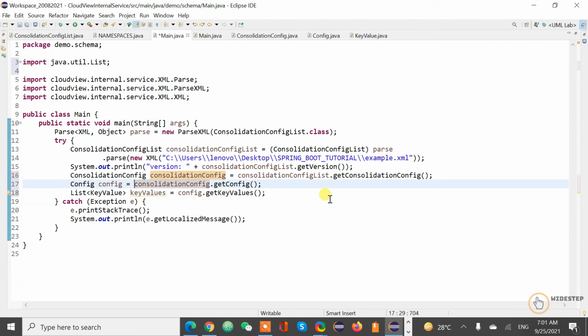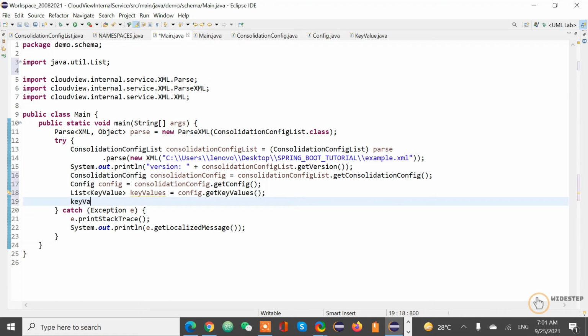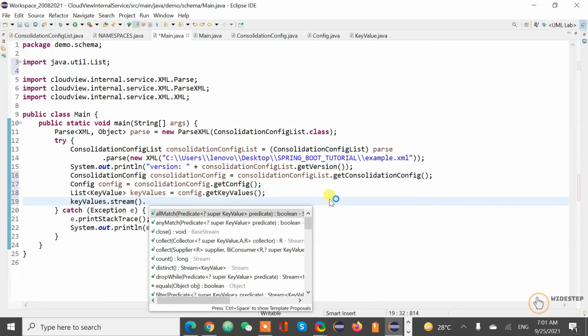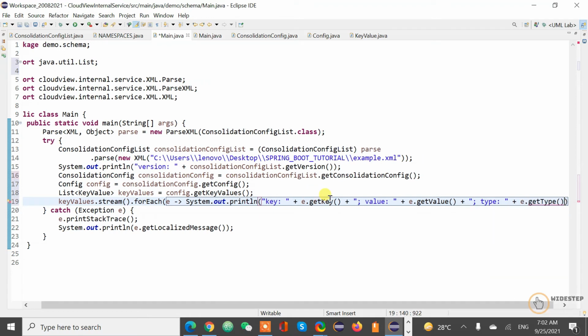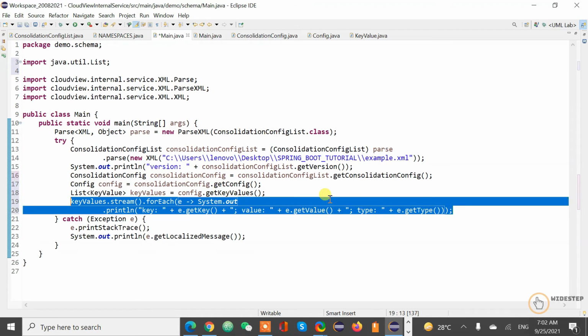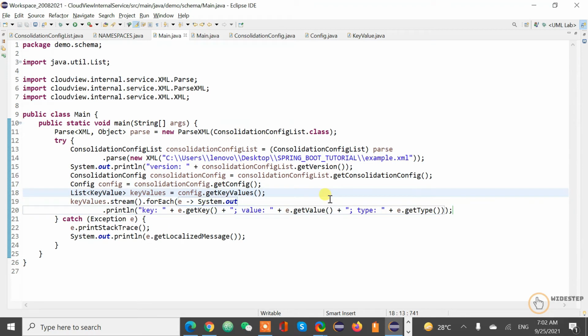Import that, and from here we can stream those values. Okay, so now if we execute this,